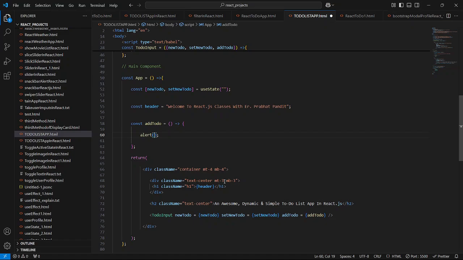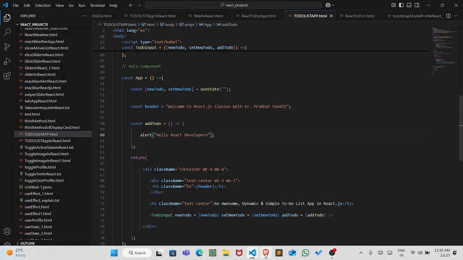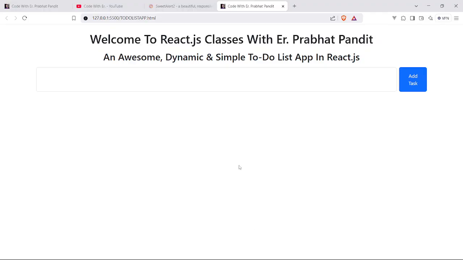So add to do, let's just alert something. We will say here hello React developers. Okay, this is it, for the demo purpose. So now save your code, go to the browser and see, boom guys, we can see here the input field